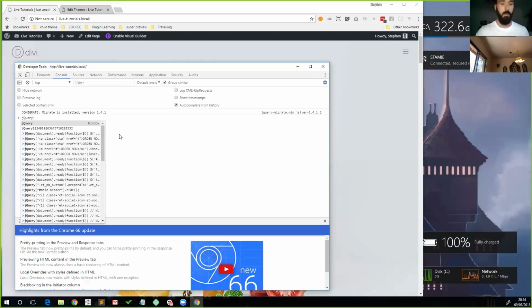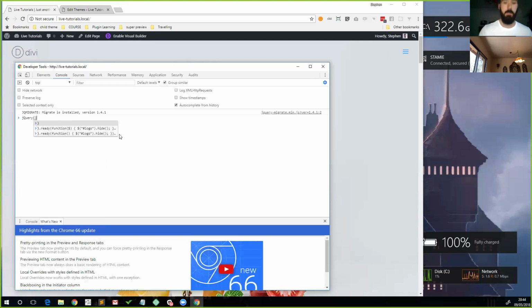So what I'll do here is create a very simple piece of jQuery that's going to insert an element before our top navigation. This has an ID of ET top navigation. So if we just put ET top navigation in here and then created a standard link,